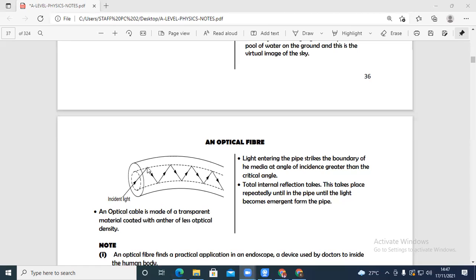So total internal reflection takes place at every point inside there. This is repeated until the light emerges from the pipe. Total internal reflection will occur within the pipe because the ray of light strikes the inner surface of the pipe at an